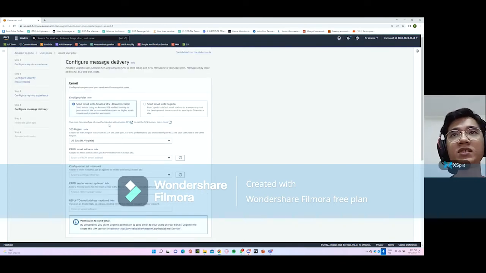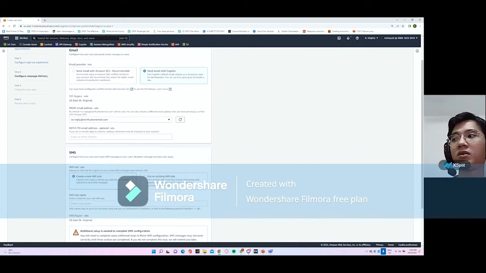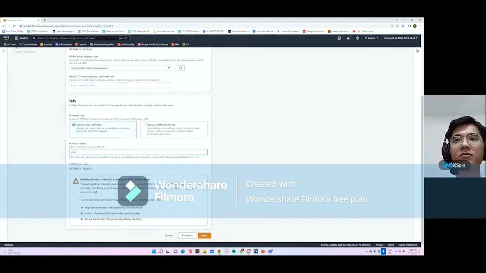Going into step 4, for the configure message delivery, we will use send email with Cognito. And then we will create a new IAM role and give it a name. And we will press next to proceed to the next step.